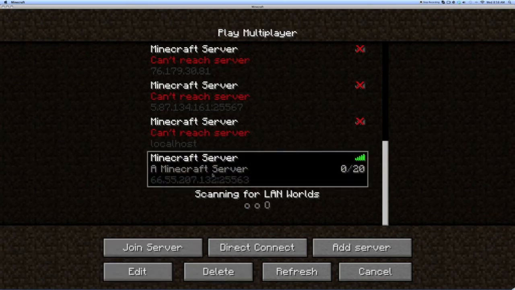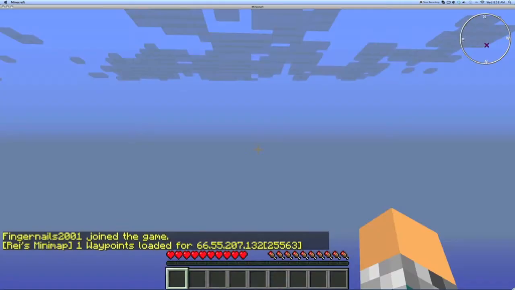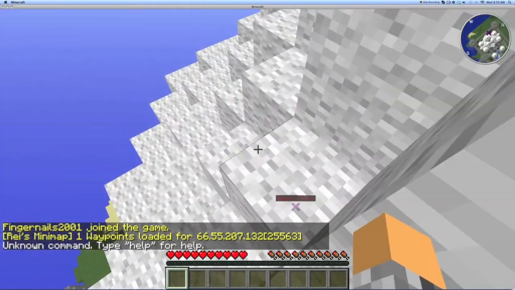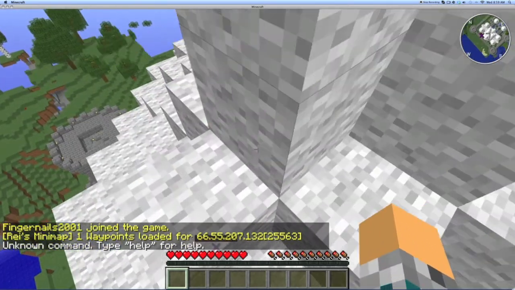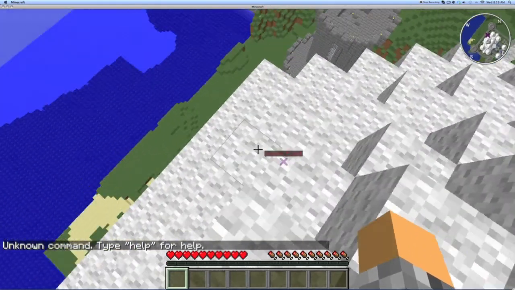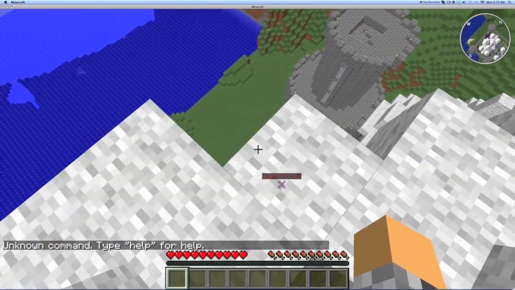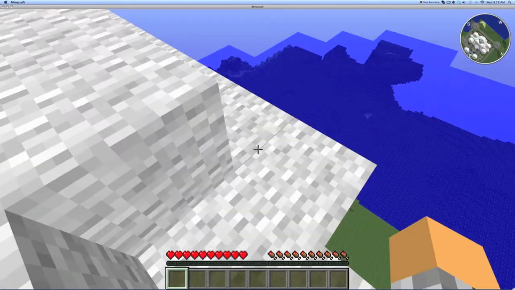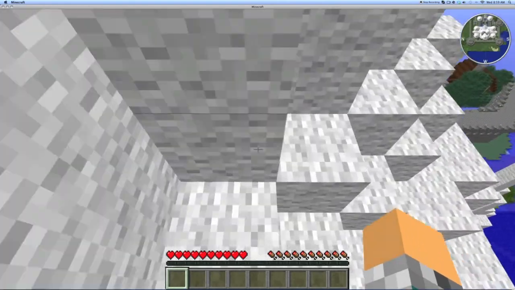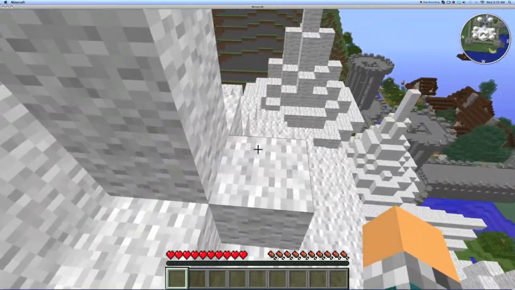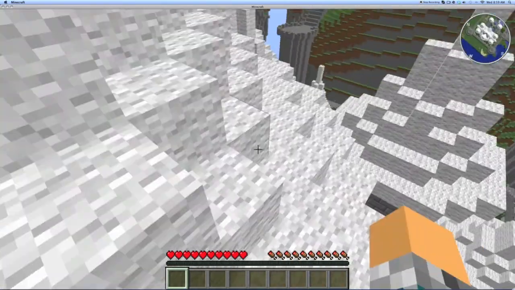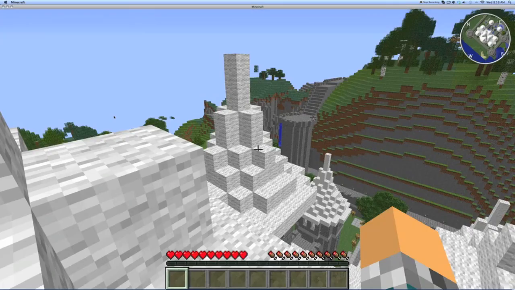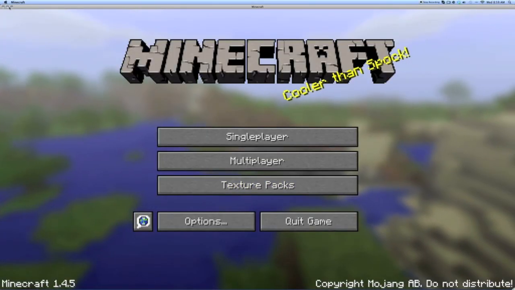It says a Minecraft server. So it says nobody is on. So this is the custom map. GM1, see, you have no plugins right now whatsoever. So I suggest, and I don't even know how I got a death point yet, but waypoints, you can't do this unless you download Minimap mod, and there. Now you spawn here, see the hearts, you're in survival. This is the custom map I downloaded, Castle Lividus, and then you just log out, click escape, disconnect, minimize,